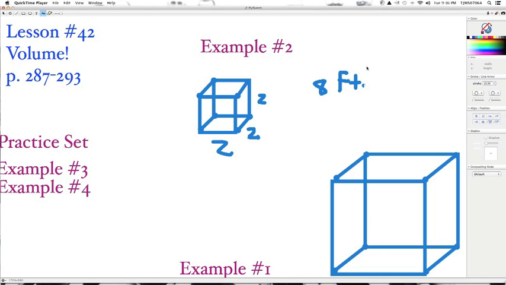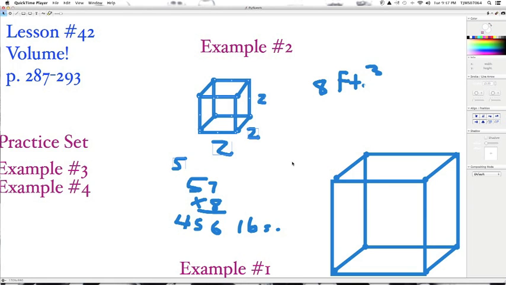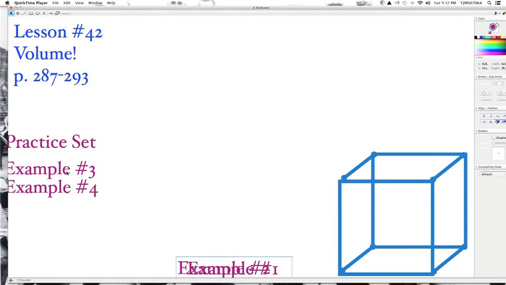cubed. And since it weighs 57 pounds a cubic foot, we just go 57 times 8. 8 times 7, 56, put down the 6, carry the 5. 8 times 5, 40 plus 5, 45, 456 pounds. So far, so good. That takes us to example number